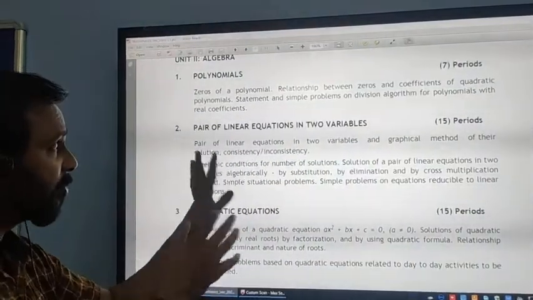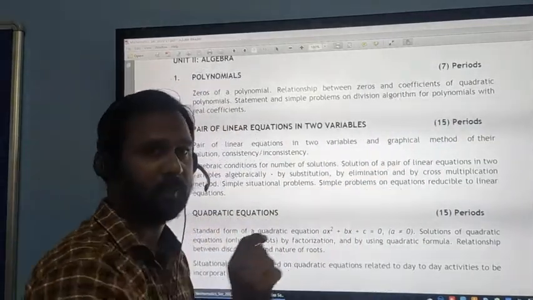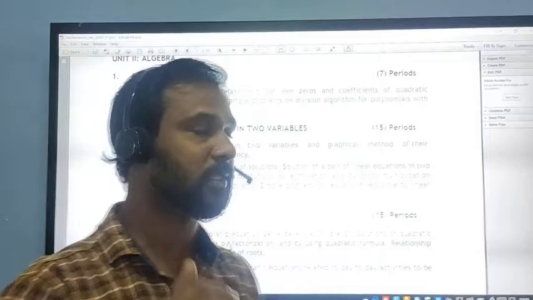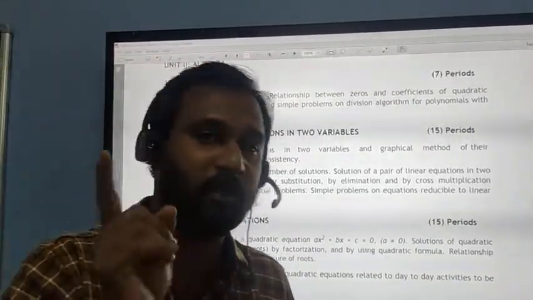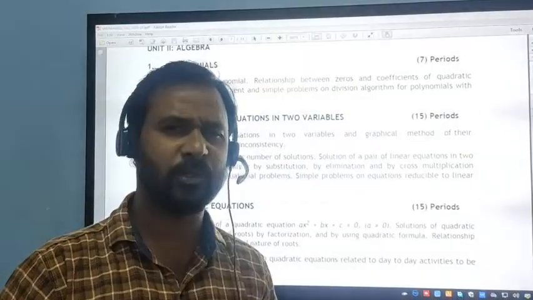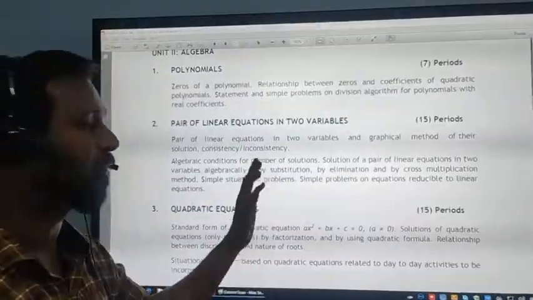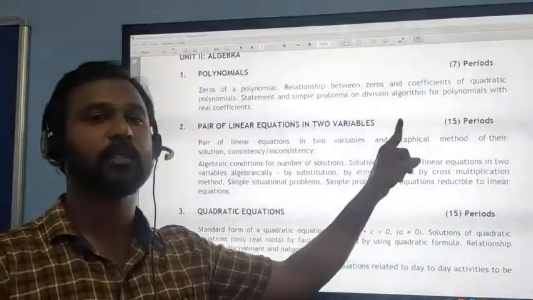See, the name of the chapter is linear equations. Quadratic means degree 2 equations, but here we will handle linear equations. By linear we mean degree 1 equations, but such equations will have 2 variables. We usually use x and y. So in this chapter we will deal with all such equations of first degree that carry 2 variables.